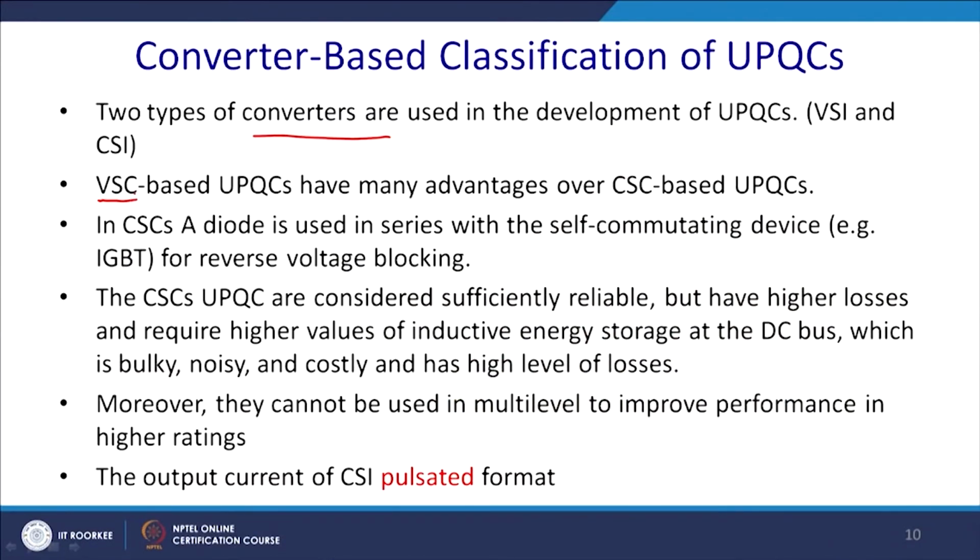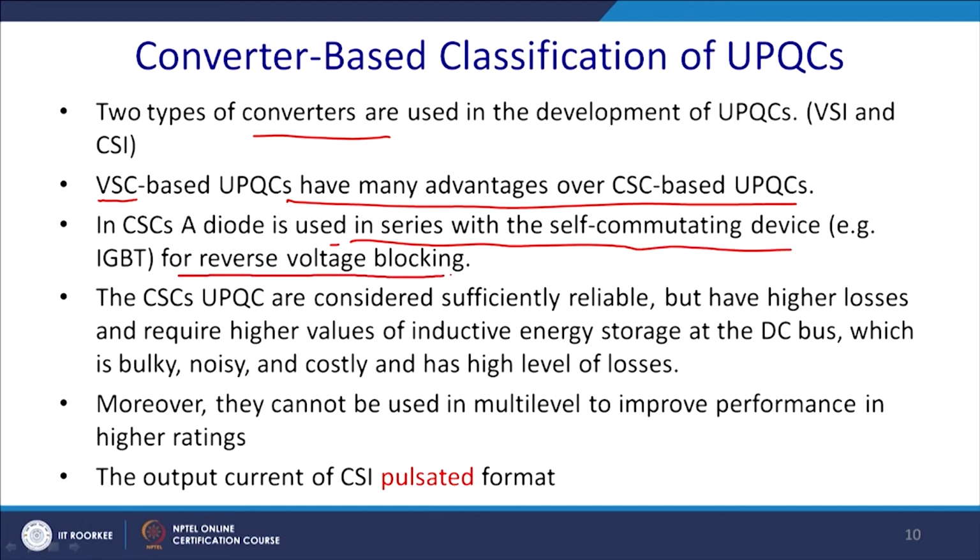VSC, voltage source converter based UPQC has many advantages over current source converter UPQC. In current source, a diode is used in series with the self-commuting device, the IGBT, for reverse blocking. For this reason, the current source converter UPQC is considered sufficiently reliable, but since these two switches come